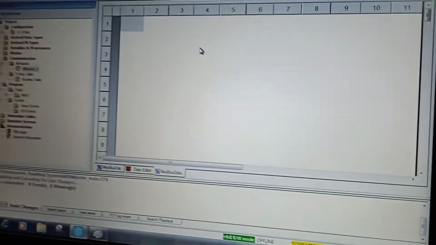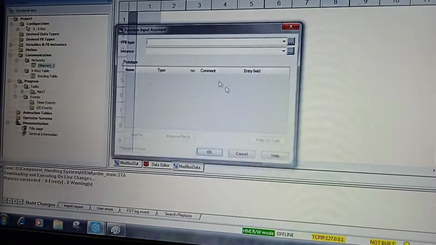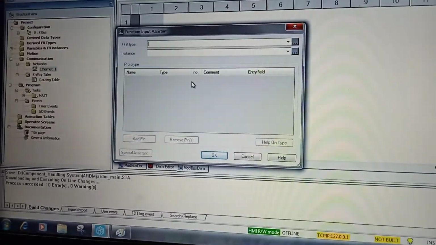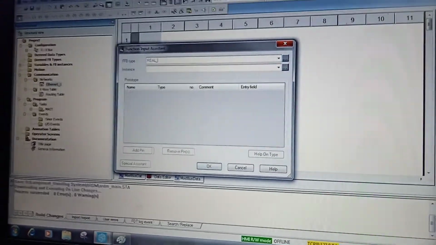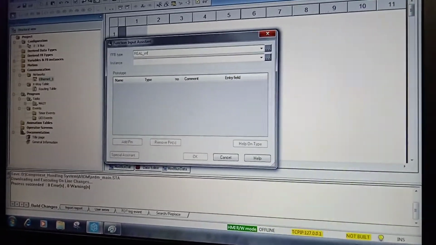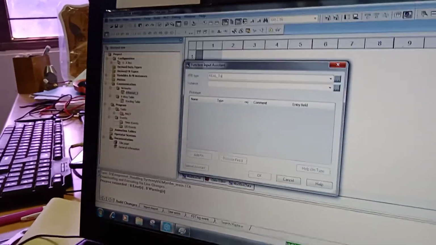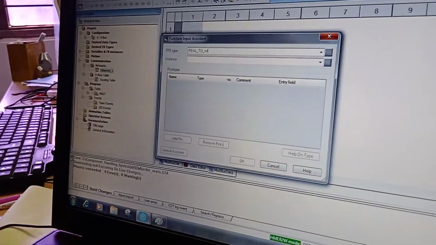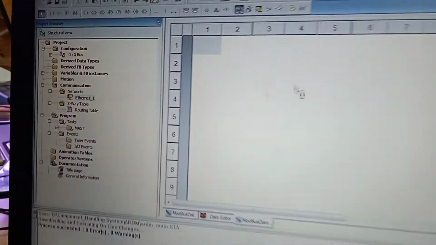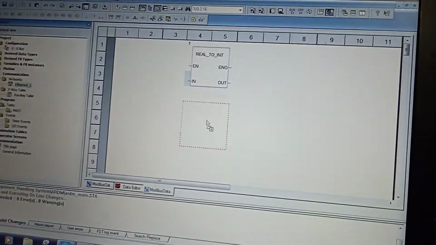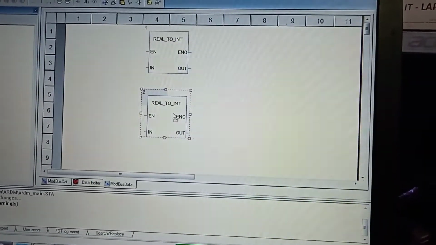First I will be using the block called real to int. So this is the block.